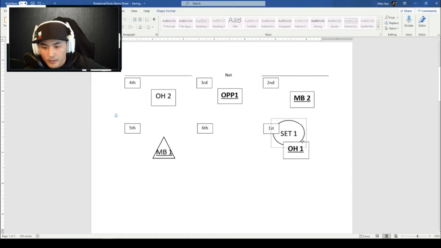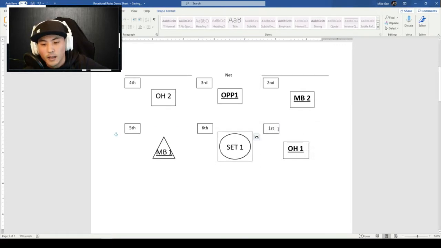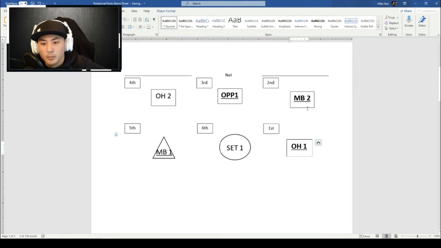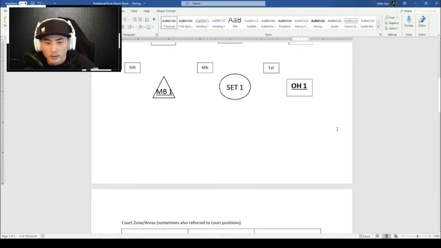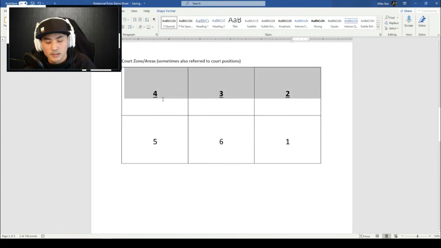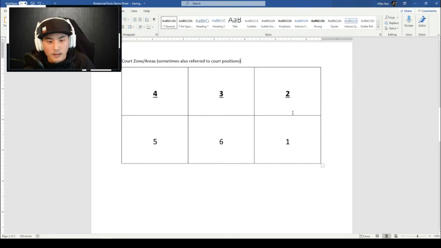This player who was first in line to serve, as we rotate, she's no longer first in line. The player who is now the zone 1 or right back player, she is now first in line. The player who rotated and is now in zone 2, she is now second in line to serve. And the reason the connection is so helpful, and why it's so important that they understand this, is because then you can also, for simplicity, tell them that in whatever rotation we happen to be in,